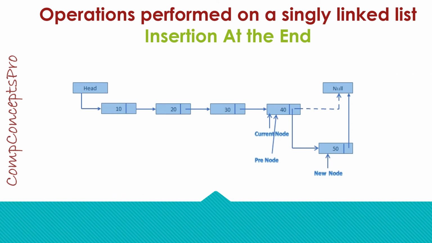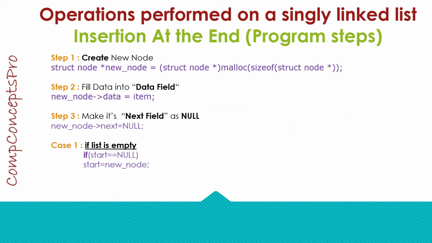Now let's see how to insert a node at the end of the linked list. So according to this picture, this is the node that we have to insert. To achieve this, first we have to store the address of this node in the next pointer of the previous node here. And finally, we'll make the next pointer of new node null, because now this will be the last node of our linked list. So here the null value will be stored. And these are the steps that we have to write in the program.